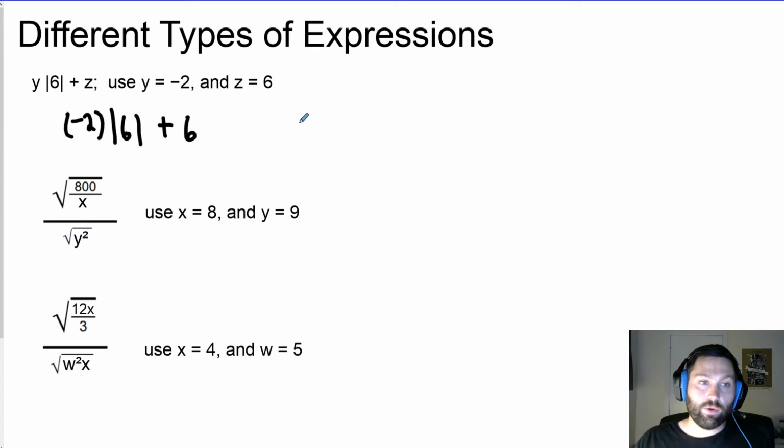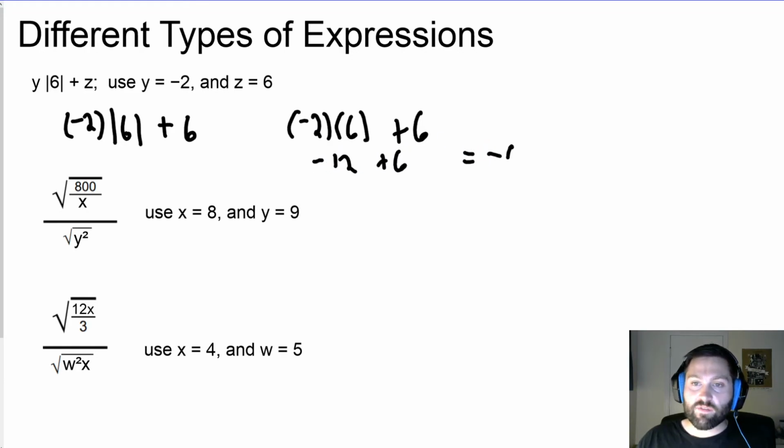So the absolute value of 6 is 6. So it would simplify to -2 times 6. And then we're going to add 6 to it. So -2 times 6 is -12 plus 6, which is -6 as a final answer. Final evaluation. For this second one here, okay, we're going to substitute 8 into the top of the fraction and